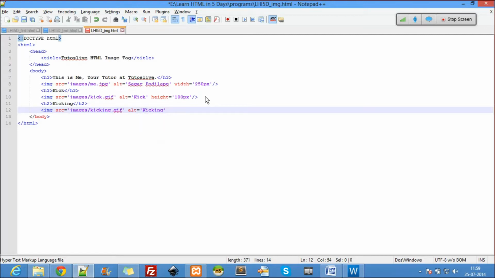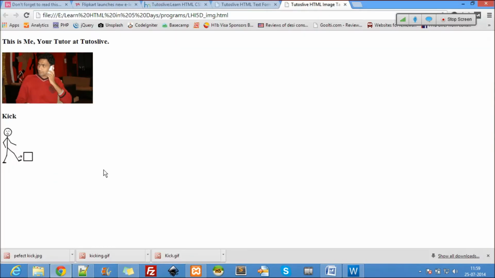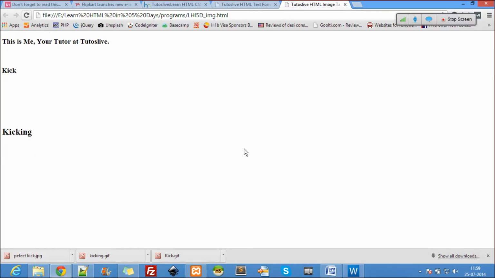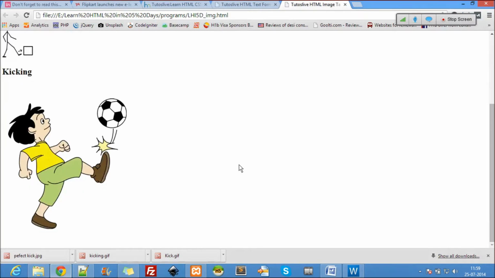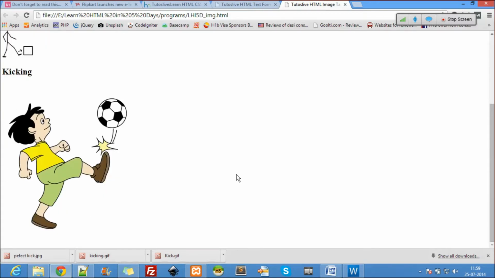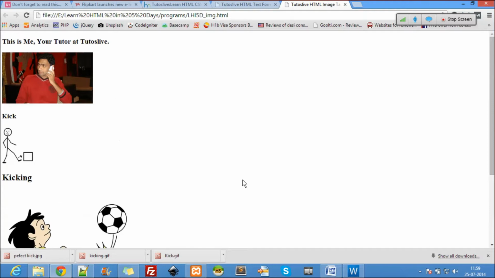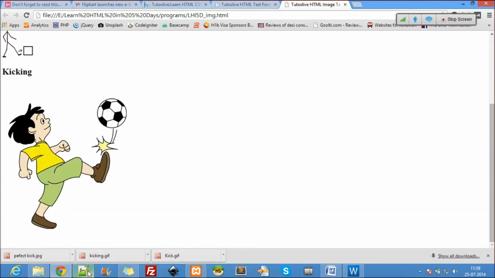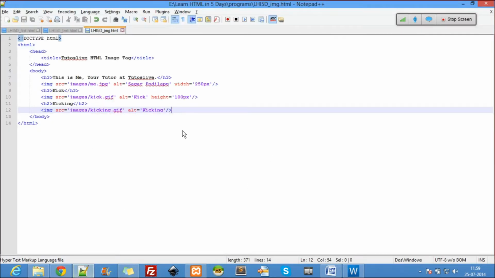Now I would like to use both width and height. Okay, let's just see it first. So I've saved it, I'll just refresh this. You can see here kicking. Right, this guy is kicking. Nice.